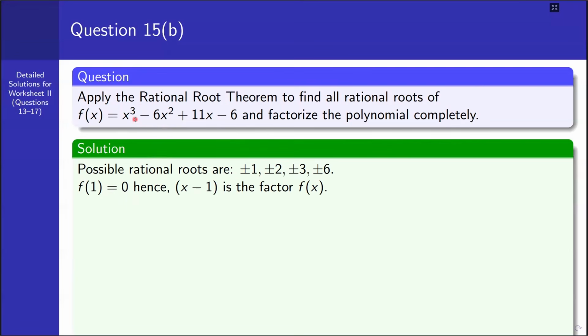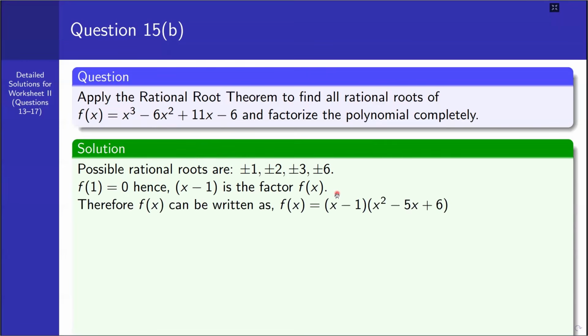If we substitute 1 here, we have 1 minus 6 plus 11 minus 6, which is 0. So that f of 1 0 ሆነ ማለት one of the possible rational roots of this polynomial function is 1. And by using the factor theorem, or simply the remainder theorem, if f of 1 is equal to 0, x minus 1 must be a factor of the given polynomial function. So therefore, if we